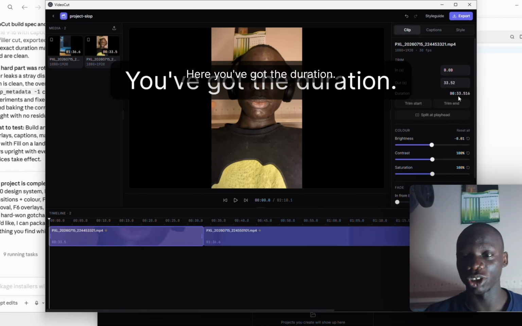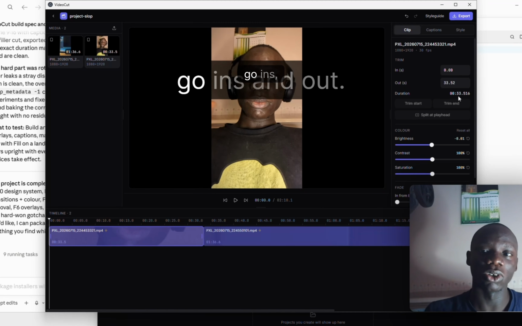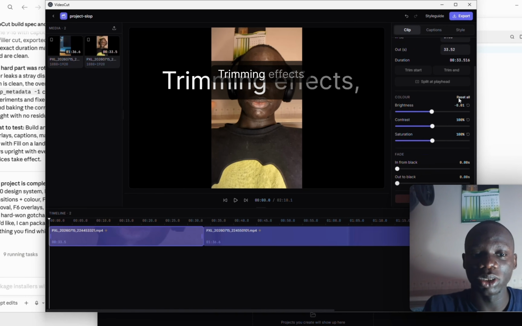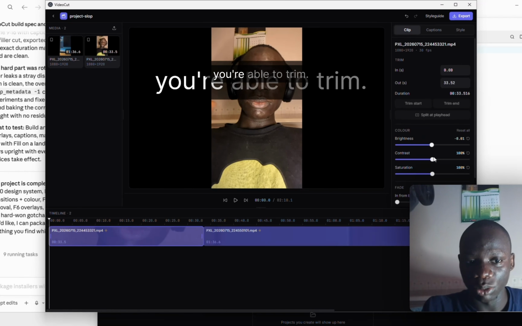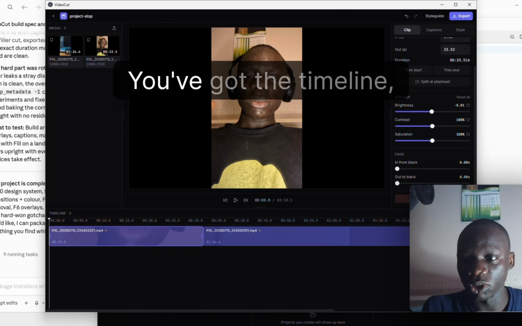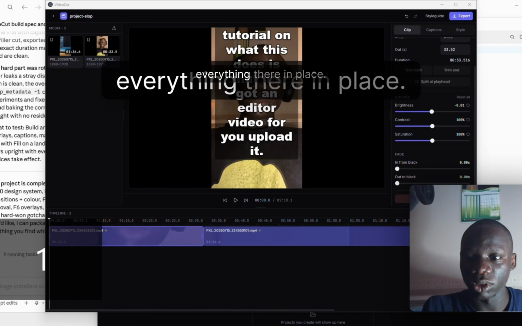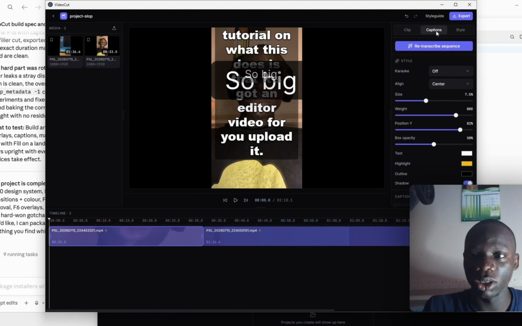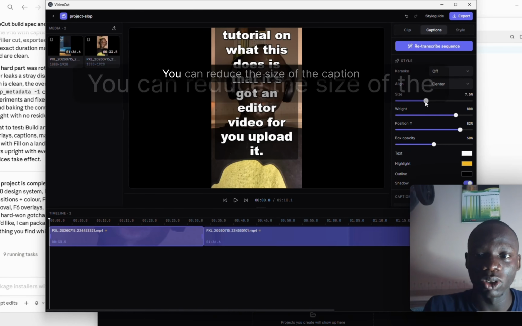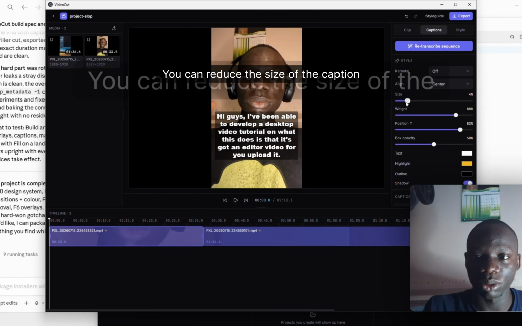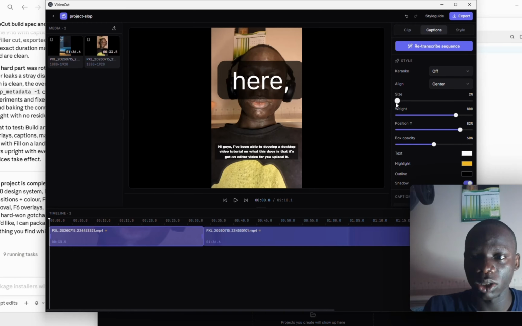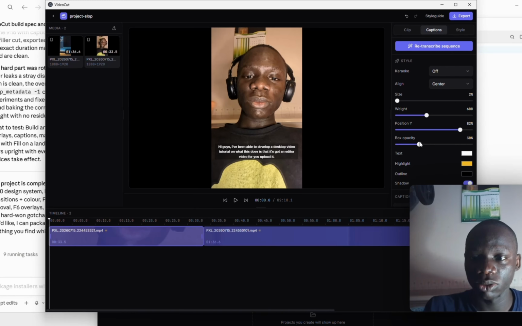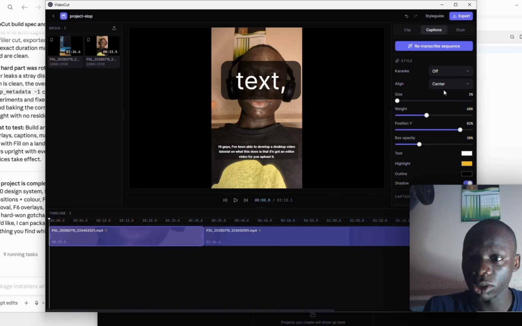Duration, yeah, you've got the duration. We've got ins and outs, trimming effects. You're able to trim. Got the timeline right there in place. Look at the caption, it's big. You can reduce the size of the caption. Here, the weight, you can reduce here, the box opacity, text